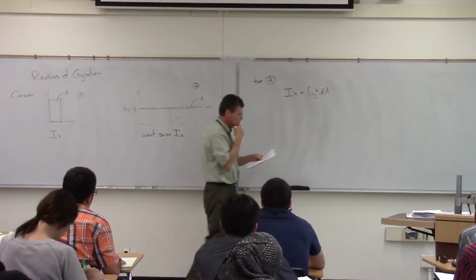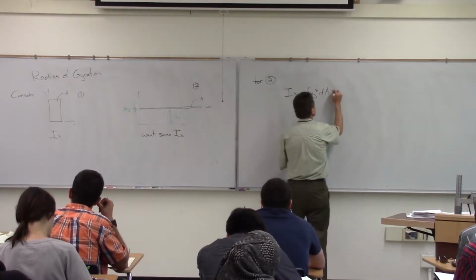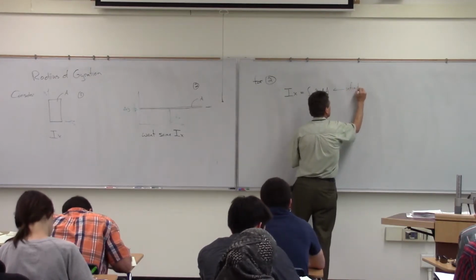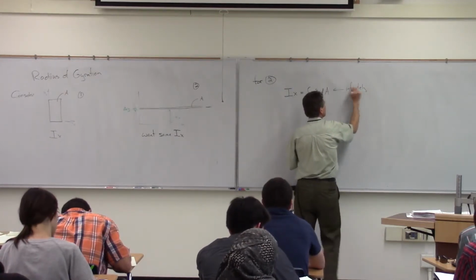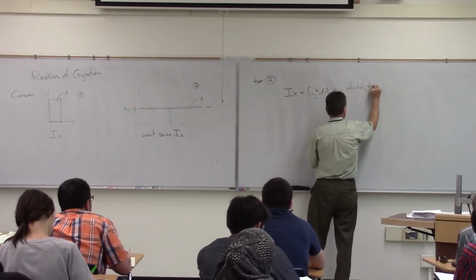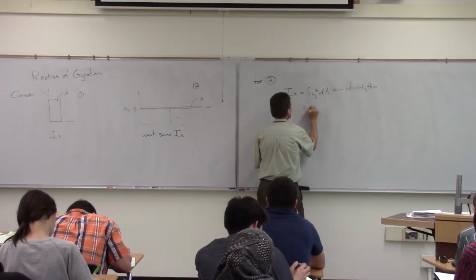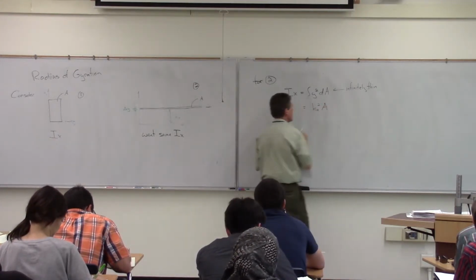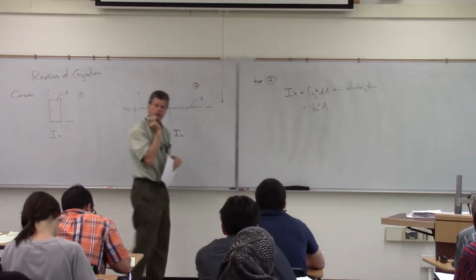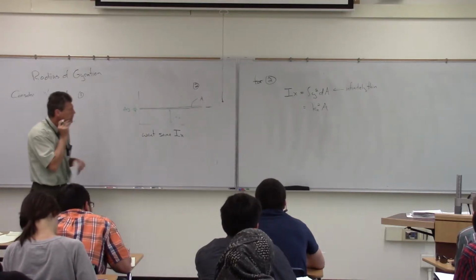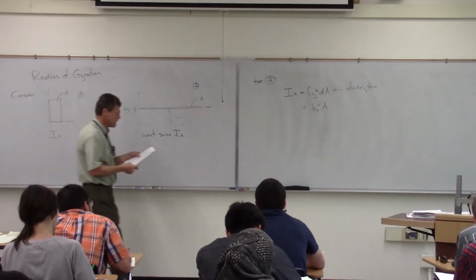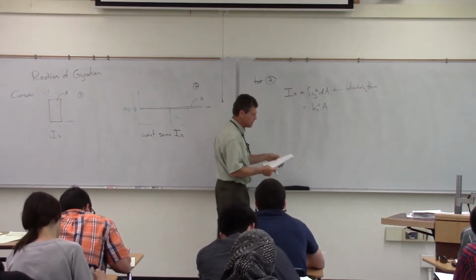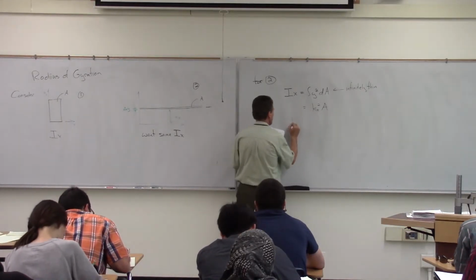But since this is infinitely thin, I don't even need to do the integration because it's infinite, basically. What I find then is that this kx is going to be the thing that's going to describe